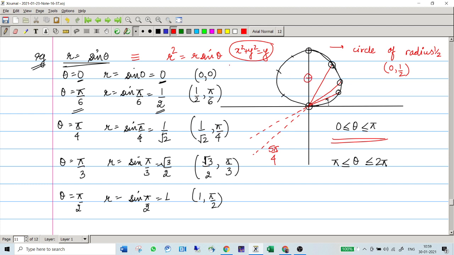You can even verify using the Cartesian coordinate equations, and then you can simply see that it is going to be a circle. And as soon as you know that it is a circle, you are interested in finding the center and the radius. So you can just use the completing the square method to check what the radius and center will be. Right now we have discussed everything for theta between 0 and pi. So the next half which we need to consider, this much is clear, right? Till the first half, that is when theta is between 0 and pi.